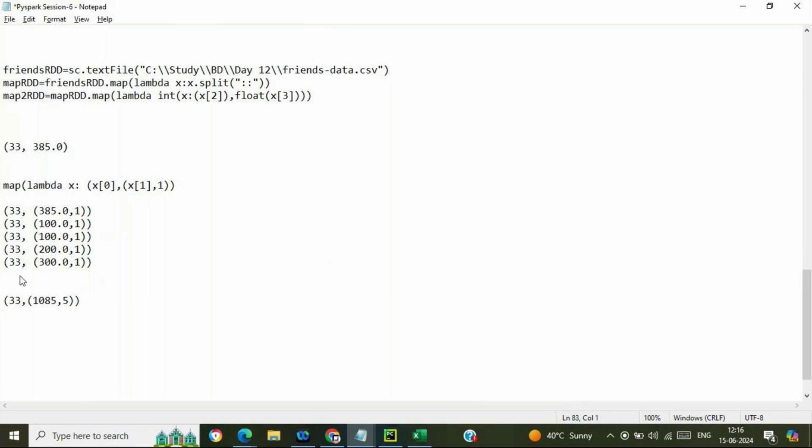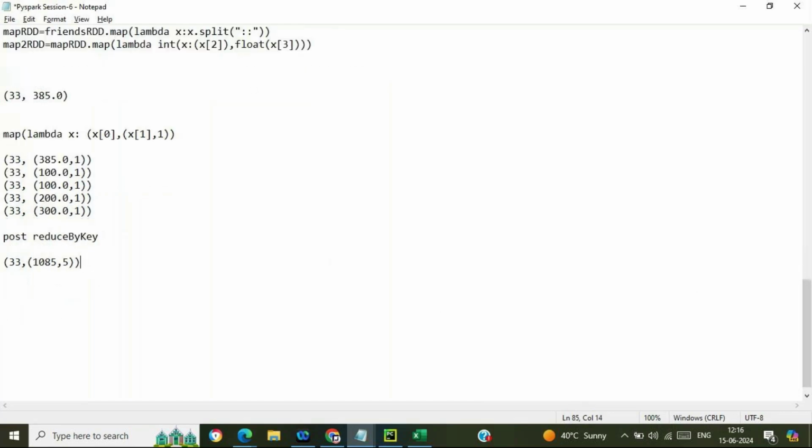Yes, yes, yes, Ashok. Post reduceByKey, if we look at the indexing over here, this is x of 0, that is nothing but 33, and this is x of 1. Inside this x of 1, this is the 0th item and this is the first item.